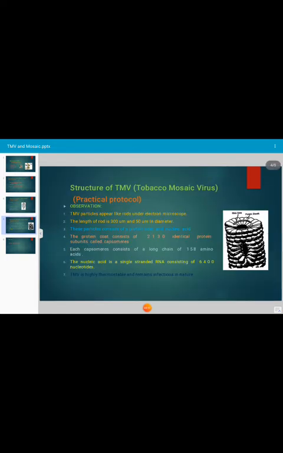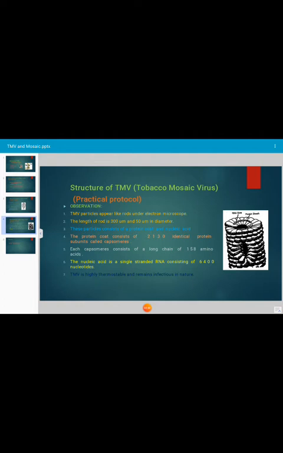Next, for the pathogen which causes tobacco mosaic disease, you have to write all the details of the structure of tobacco mosaic virus. It is a rod-shaped virus, and it consists of only two types of chemicals, protein and nucleic acid. This virus is very small in size, and it requires an electron microscope to see its details. The length of the rod is 300 μm and the diameter is 50 μm.